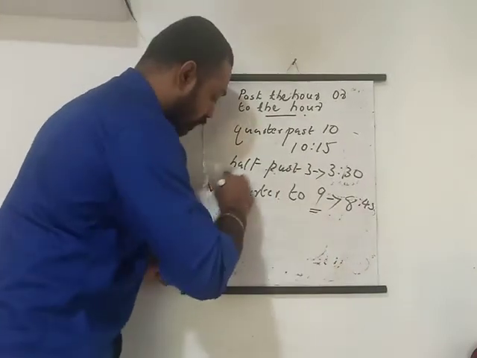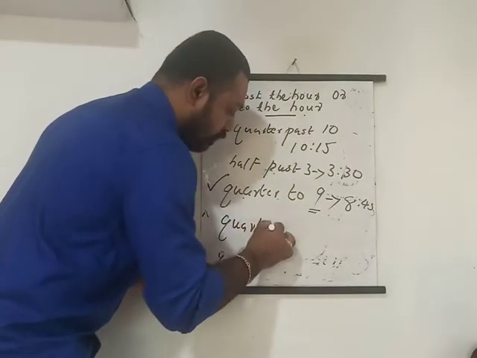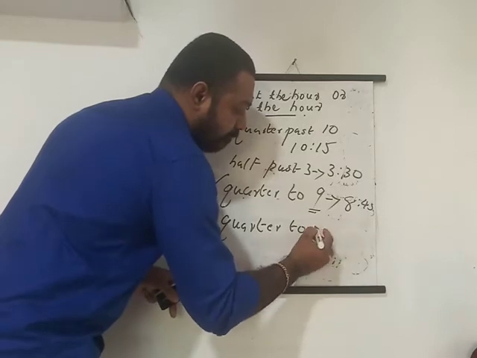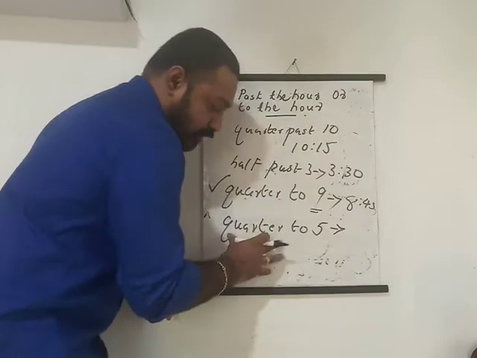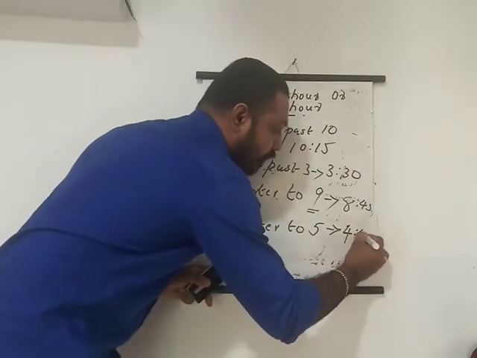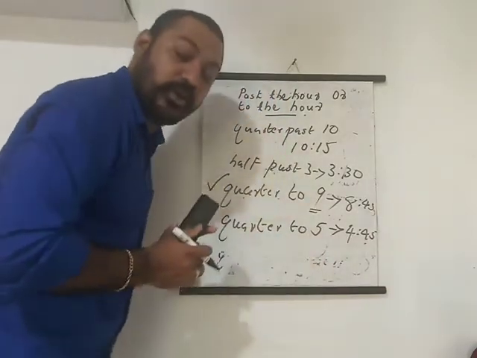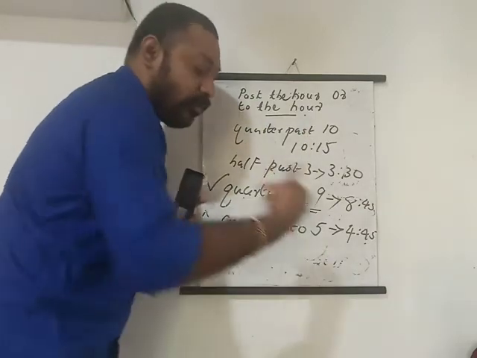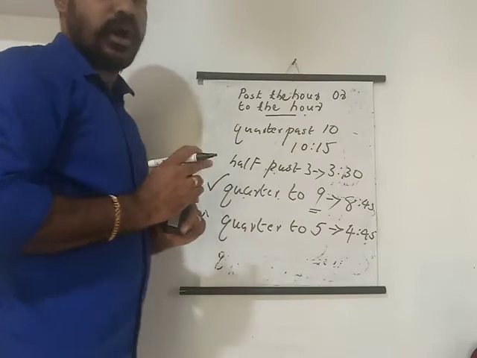So this one only you make a confusion. One more example. Quarter to 5 means what? 5 മണിയാകാൻ 15 മിനിറ്റ് കൂടി വേണം. So what is the hour? 4:45. After 15 minutes it becomes 5 o'clock. But what is given? Quarter to 5 means 4:45. So that's all. This one you must know how to write.